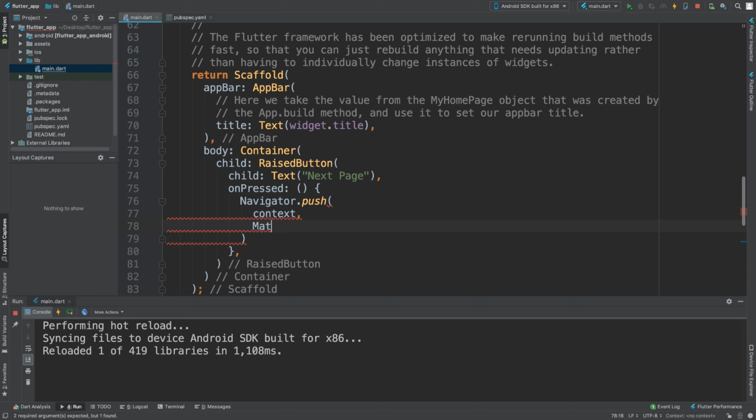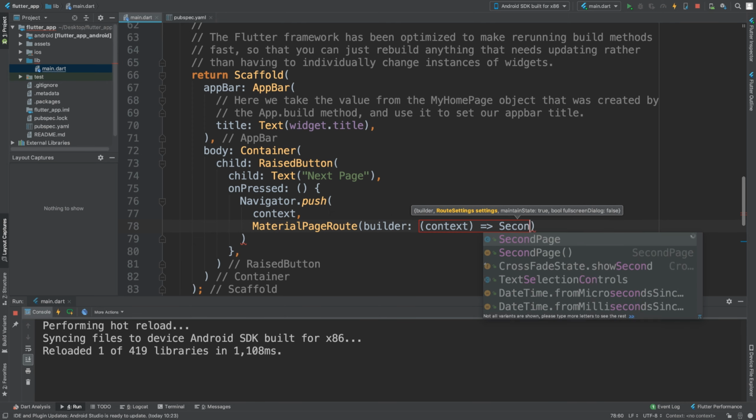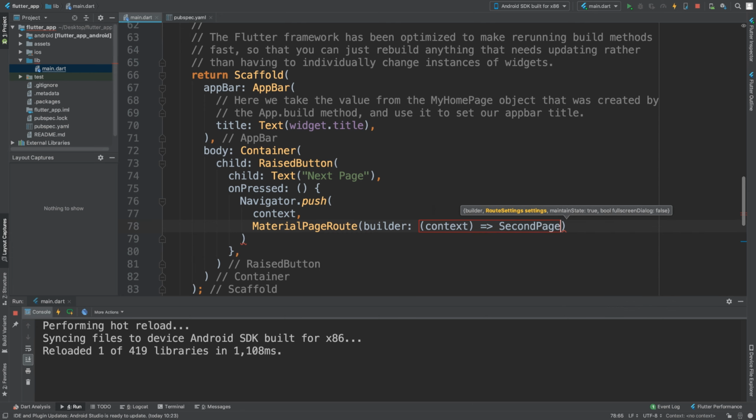And you do that by doing MaterialPageRoute, and then you put builder, and for this you put context, the arrow operator, and for this it is going to be SecondPage(), semicolon, and there you go. You needed another semicolon, doesn't need one in here, put it in the wrong place, put reload, and now